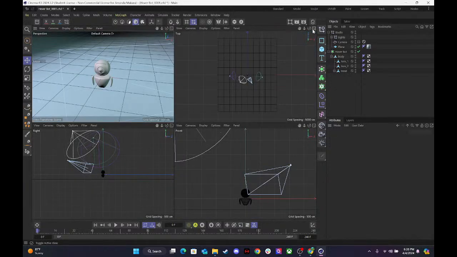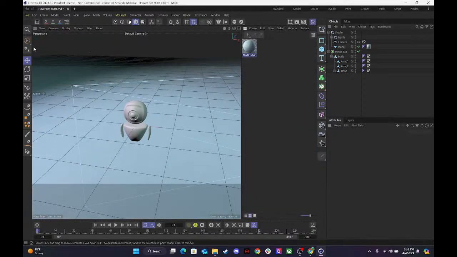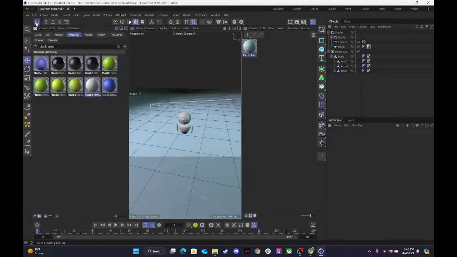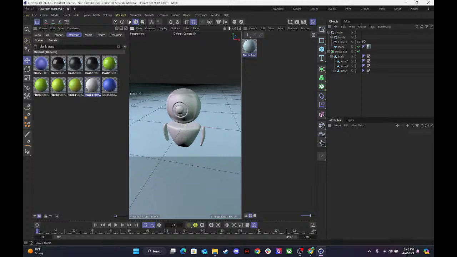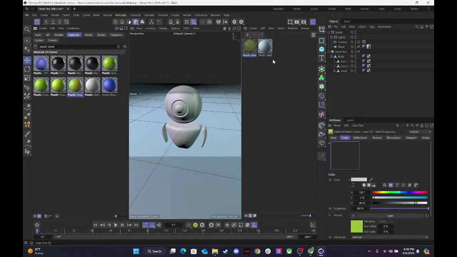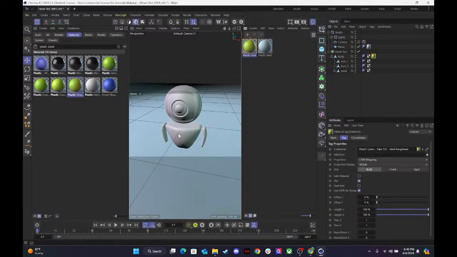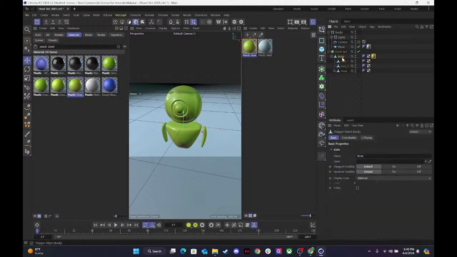So let's, I did not want to do that. I want to go here. Let's add some more of these materials to our little bot. We're going to go back like this. For the bot itself, this one kind of looks neat because it's like a plastic green, but it's got this underlying kind of red color to it. And I'm going to bring that onto the body. And in fact, I do not want it on the entire body, but just